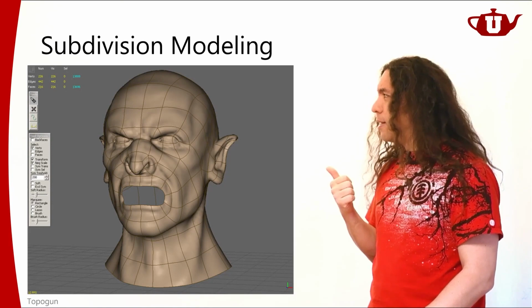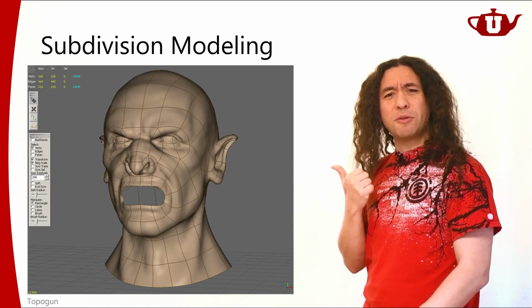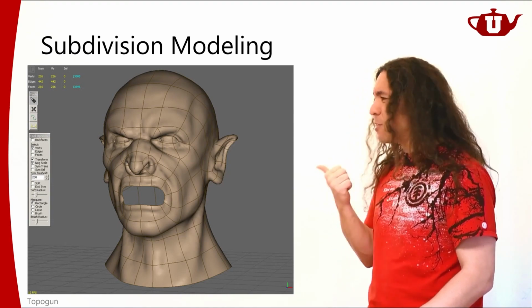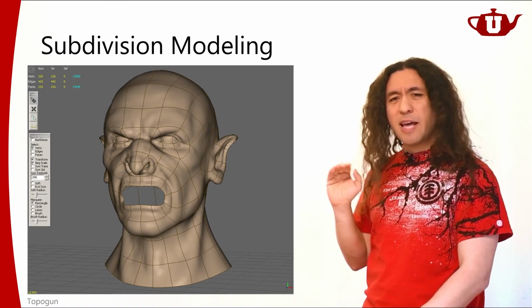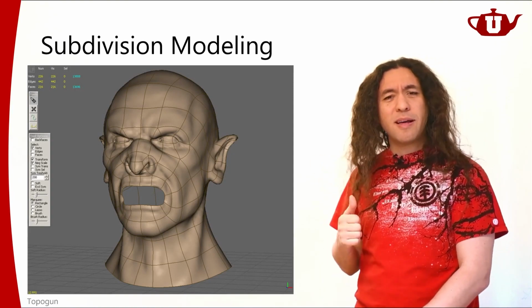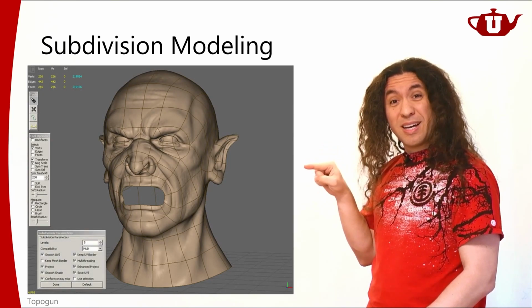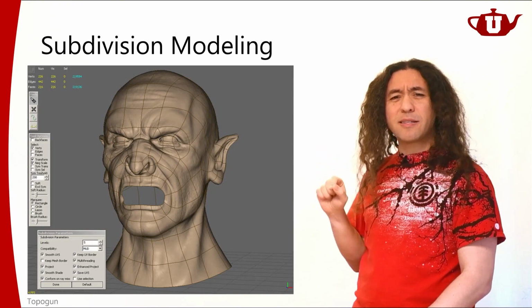But wait, the original model I showed you had quite a bit more details. Oh yeah, this looks smooth, but beyond looking smooth, it doesn't have the details that the model that I wanted to have. It doesn't look like this, right? So how am I going to add these small-scale details?